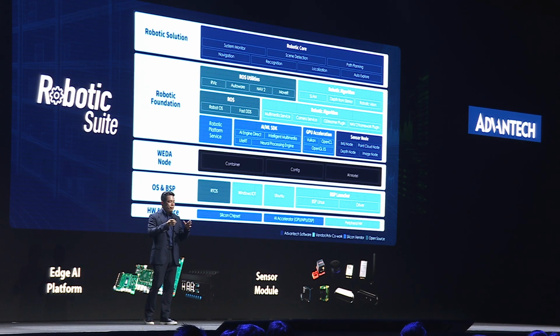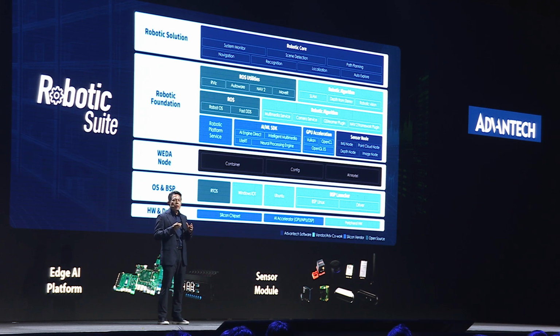Our robotics suite can support our customers with an easy development platform to speed up robot application development. So putting together the Edge AI platform, sensor modules, and the software value-added robotics suite, we call it robotics building blocks. To realize an autonomous robot system that can really do sensing, reasoning, planning, and action.